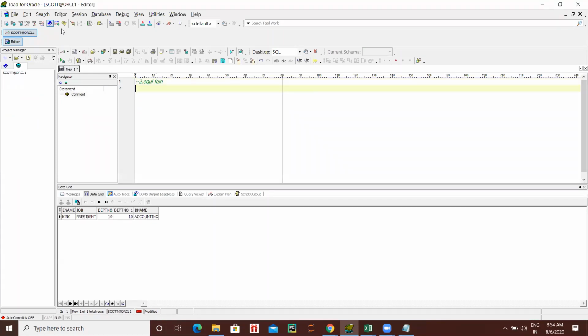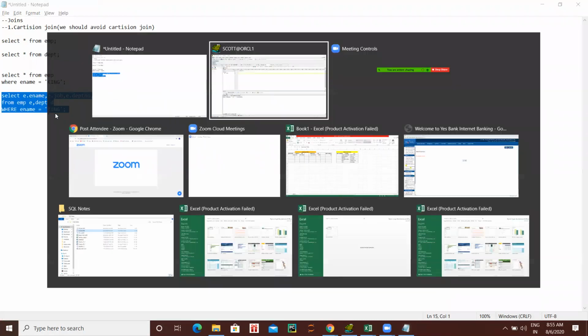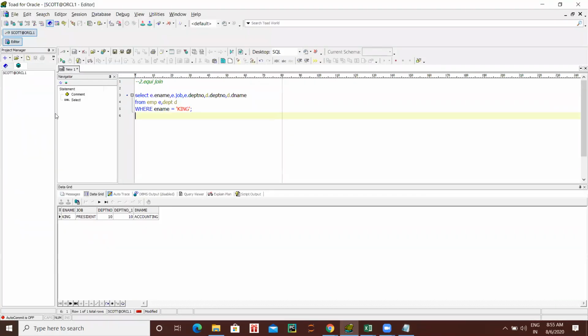Okay. Now that query, you copy and paste the last query from the note. So this is nothing but you're giving the Cartesian product. So now here you have to write that join condition. Remove the semicolon and write the join condition: E dot department number equal to D dot department number. So from this table and that table, the common column, you have to do the equal to join. This department equal to this department. That's why it is called EQ join.